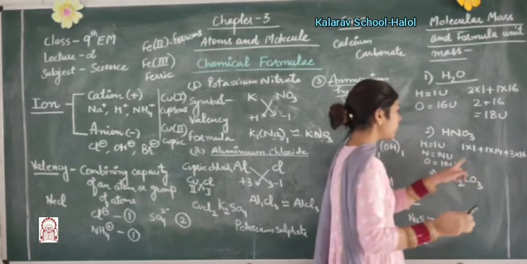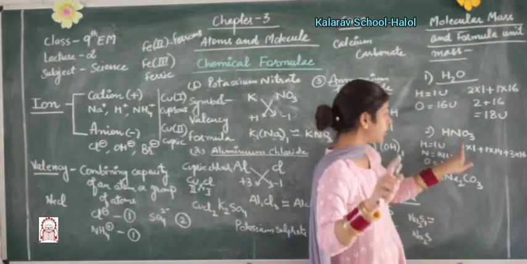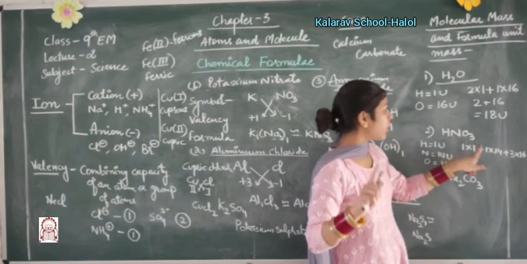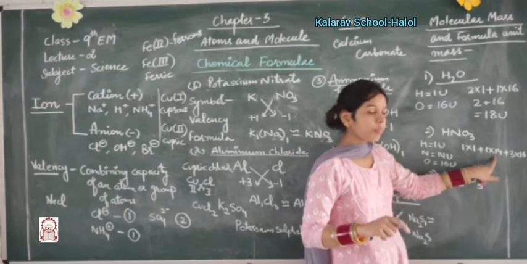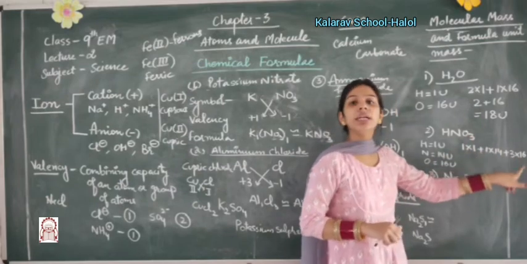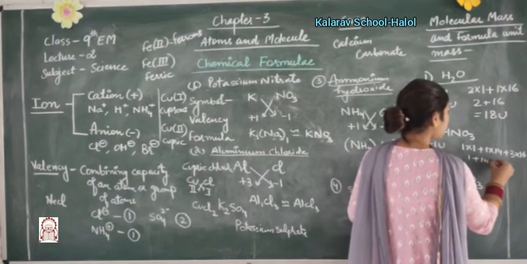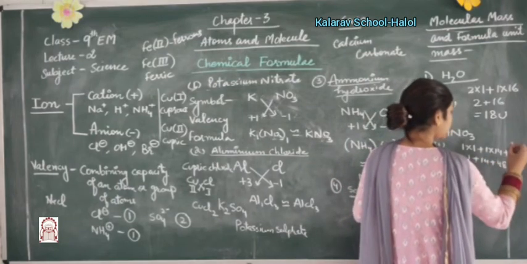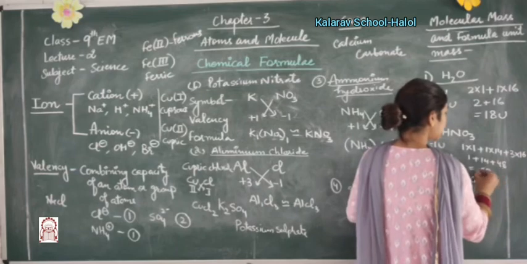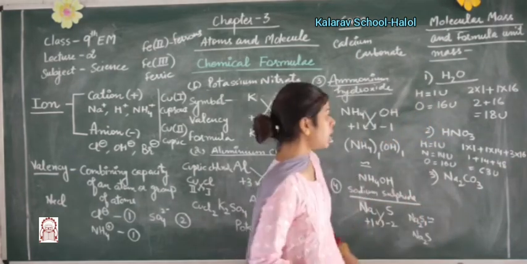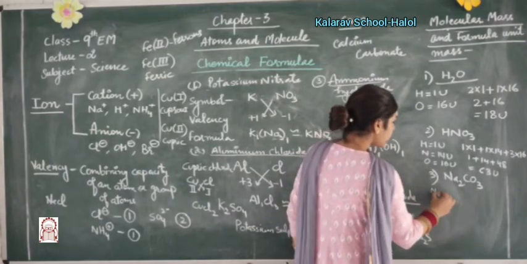Hydrogen is 1, its mass is 1, so 1 into 1. Nitrogen is 1, 1 into 14. Oxygen is 3, 3 into 16. So we get 1 plus 14 plus 48, that is 63 U. So next, atomic mass of sodium